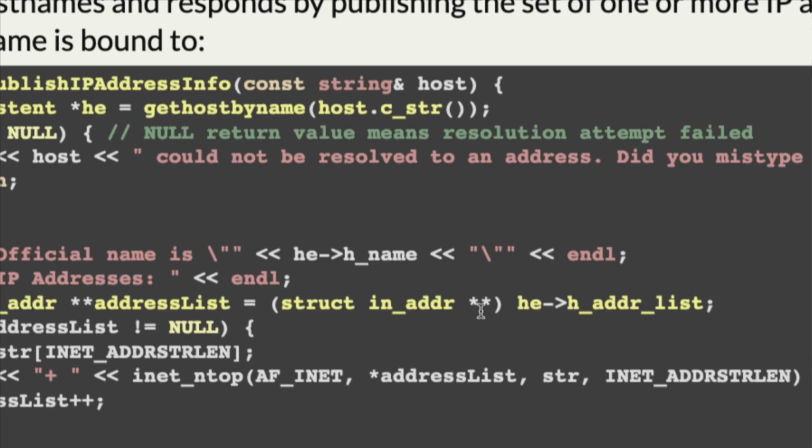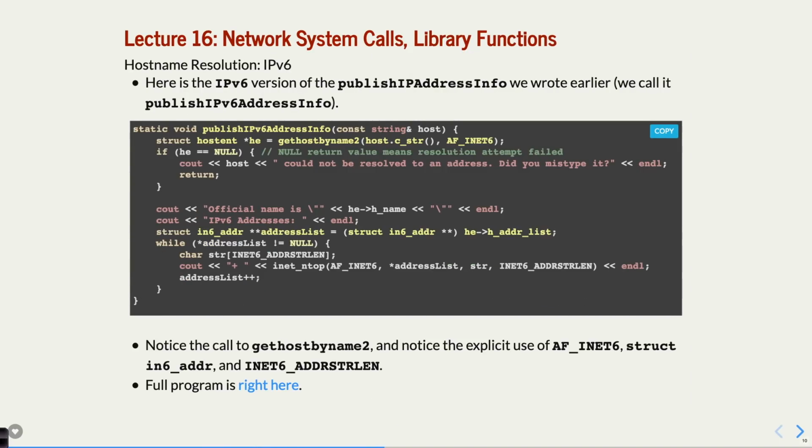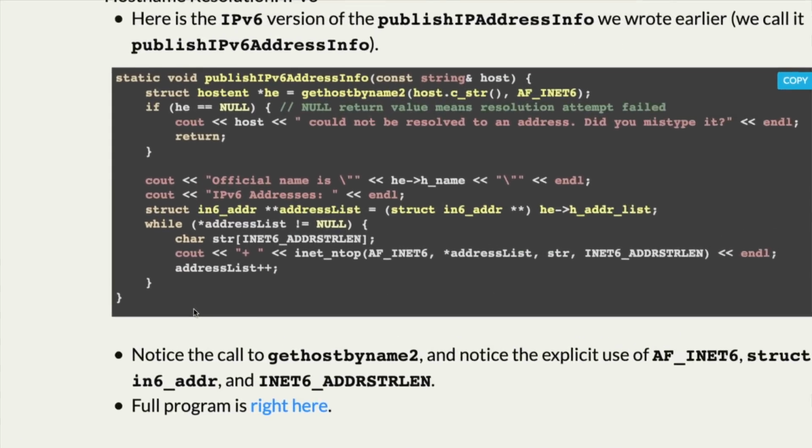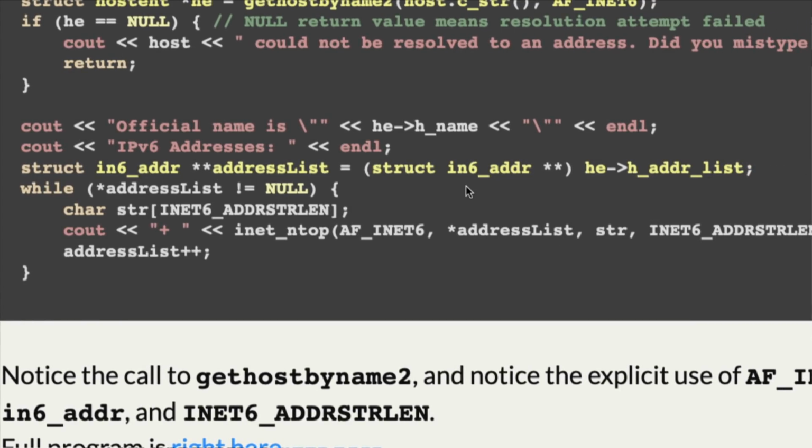But does that make sense about that? Why you'd have to do that? How come you're able to do address list ++ back in that code? Yeah, you can do address list ++ because it knows now that it's this type of struct, right? If you didn't do that, it would try to do one character at a time, and it would get all screwed up.